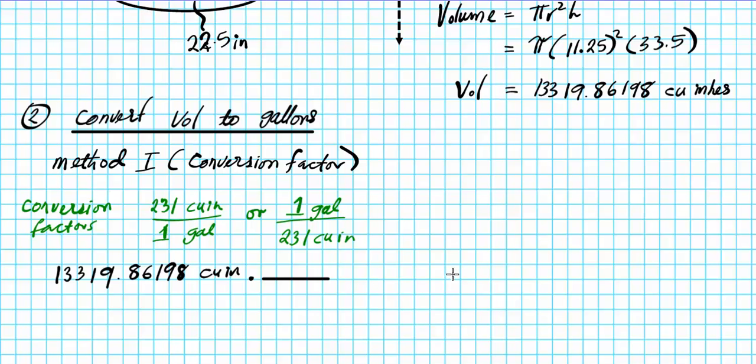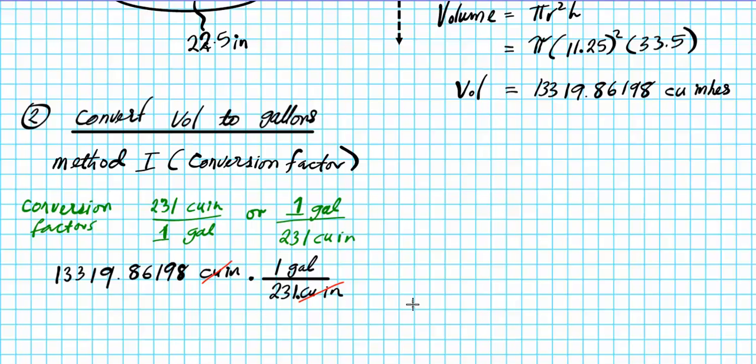It's just like changing degrees to radians and radians to degrees, right? The same process. You want one unit canceled, so you're left with the other one that you desire. So which one has cubic inches in the denominator? This one right here, that's the conversion factor we're going to use. So let's insert it. We have 1 gallon per 231 cubic inches. Check this out. The cubic inches and the cubic inches cancel out,